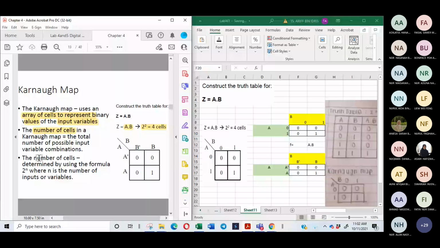The number of cells is determined by using the formula 2 power of n, where n is the number of input variables. The variables that you have is 2, so 2 power of 2 is equivalent to 4 cells. What if